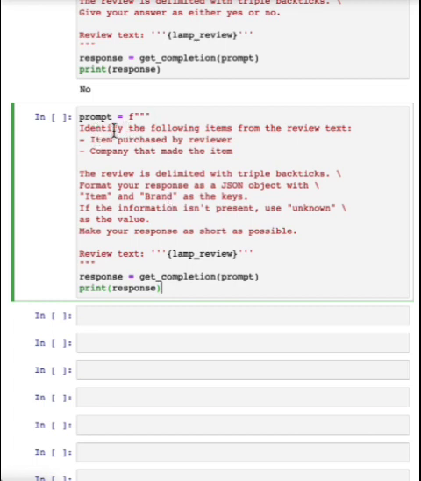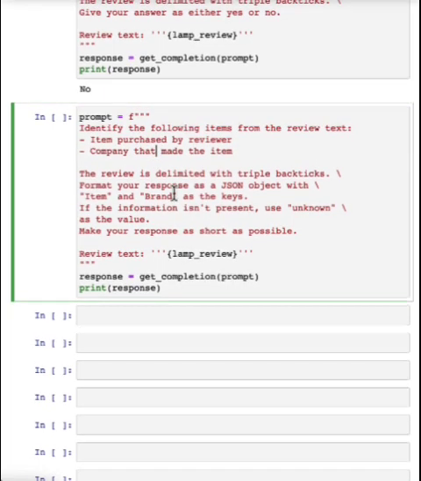So in this prompt, I'm asking it to identify the following items: the item purchased and the name of the company that made the item. Again, if you are trying to summarize many reviews from an online shopping e-commerce website, it might be useful for your large collection of reviews to figure out what were the items, who made the item, figure out positive and negative sentiment,